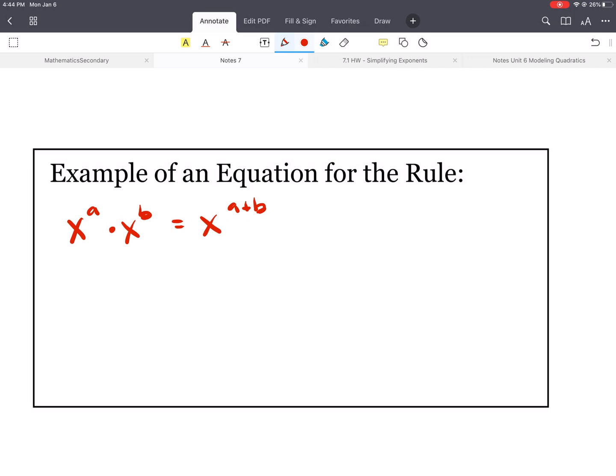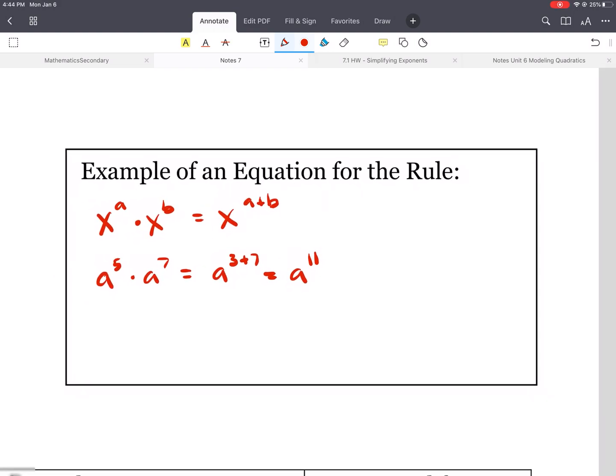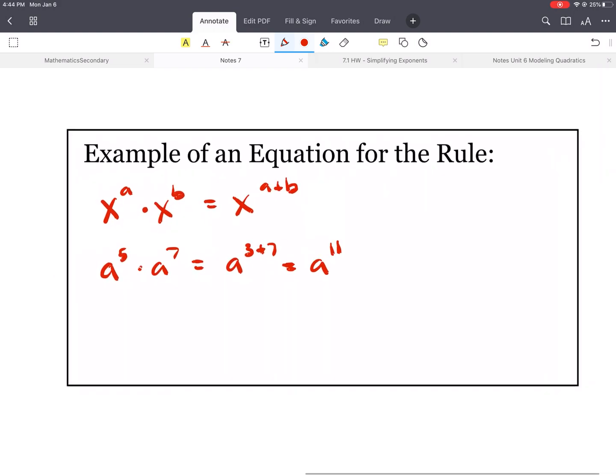Here's another example using numbers: a to the 5th times a to the 7th. Well, that's just a to the 5 plus 7, which is a to the 12th. So all the problems we did at the very beginning, we can do a lot quicker by just